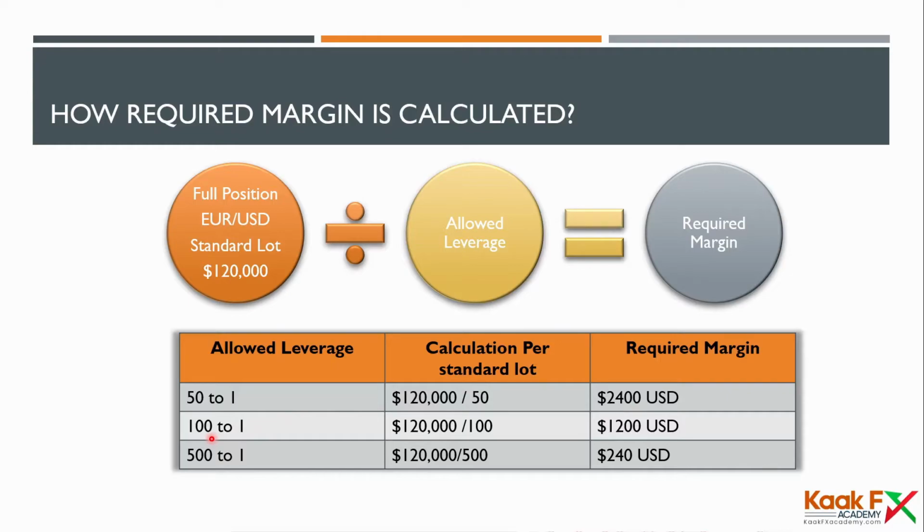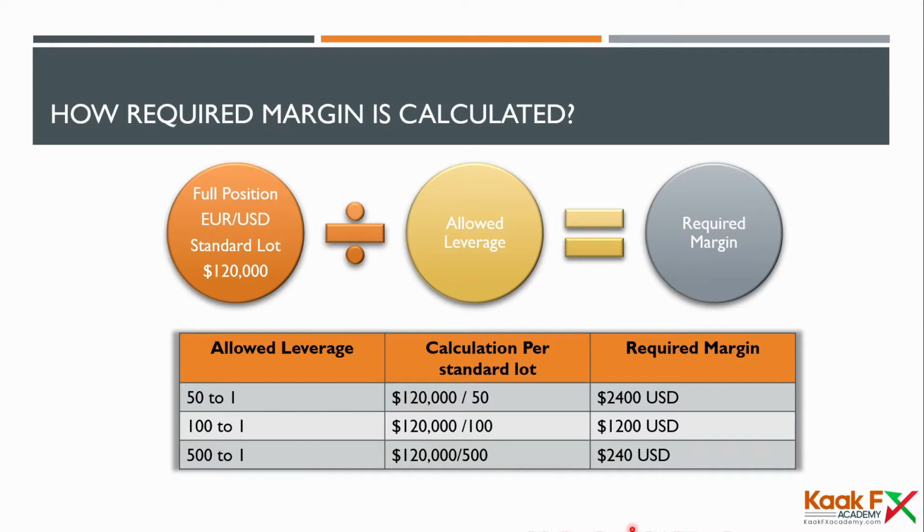If we are using 100-to-1 leverage, it would be 120,000 divided by 100, which is $1,200 US. If we are using 500-to-1 leverage, it would be $240 US. That's how much we have to put up to trade a position size of $120,000. Okay, this is how